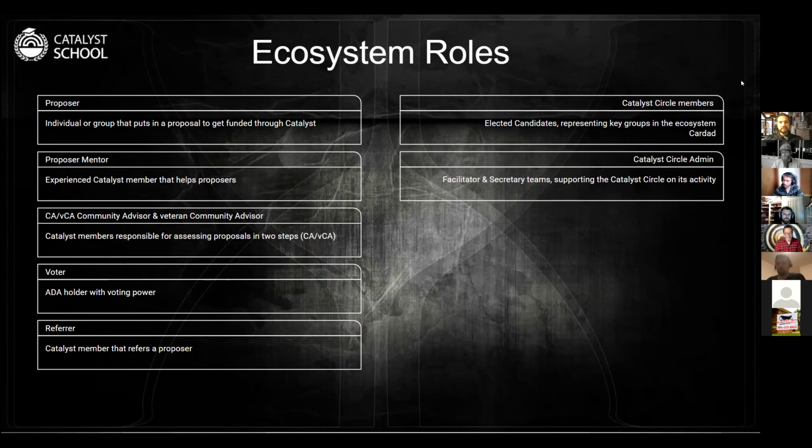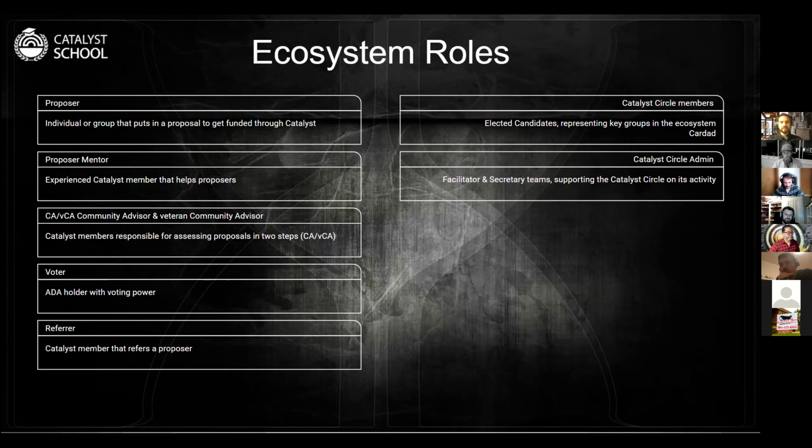And during the first Catalyst Circle, we realized that we needed support to run things there, because it was not easy to try to tackle all the problems that we raised, and at the same time organize the meetings and take notes and manage all the information that was going on, the Discord, Telegram, the Trello board, everything. So we organized an admin team that now was funded as well through Catalyst. They had a proposal in Fund 6, and basically their role is to support the Catalyst Circle members and also provide transparency about everything that's happening to the community.